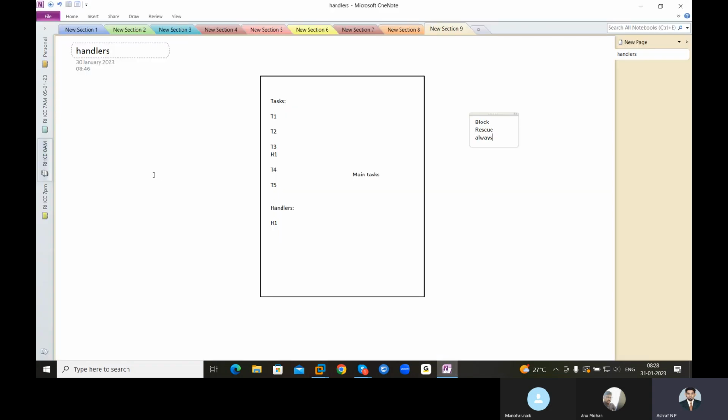Next, I will show you a different example: block key, rescue, and always. Imagine, I've never done this example in real time, so let me just tell you. Imagine you got a task to patch a machine, maybe patch an operating system or application. Patching a machine means patching the operating system only, but I'm just giving an example. You can patch BIOS, kernel, application, or operating system.